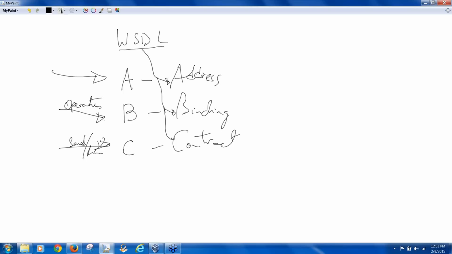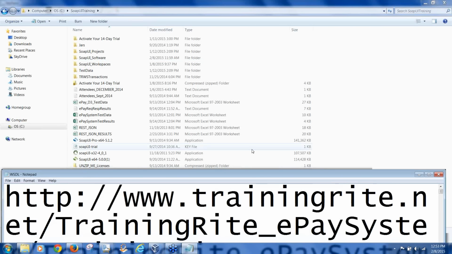Right now I will show you how to test a web service. To test a web service, I have to have that WSDL document. In the WSDL, we will get this part, the address. So I will take the address right now. From my WSDL, I will take the address. So this is